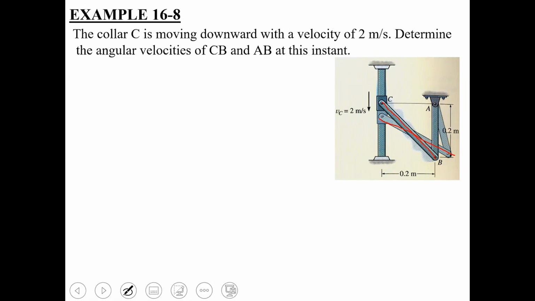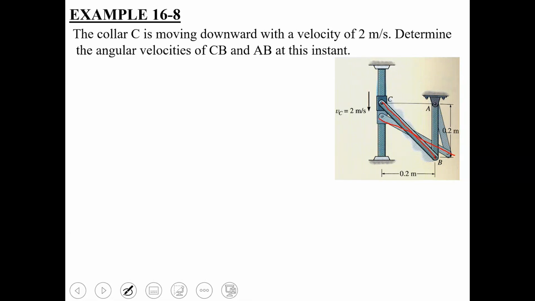It means that you have overall 3 rigid links. One is in translation, that is collar C. One is in rotation, that is link AB, and the third one is in general plane motion, which is link CB. So 3 links हैं, एक translation, एक rotation और एक general plane motion में. Is the motion clear to all of you? Yes, sir. Okay, now reading the statement of this example, we have a collar C which is moving